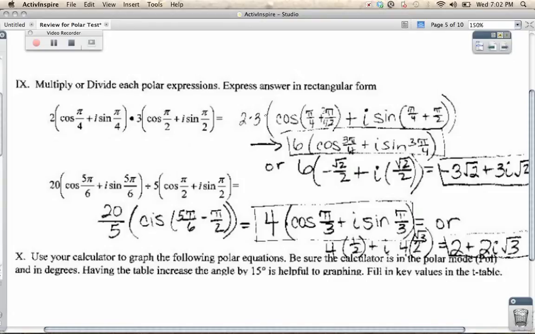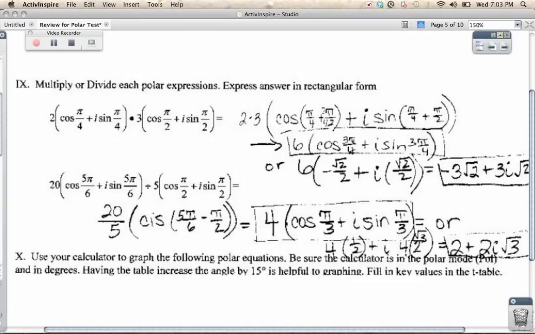So 2 times 3 is 6. Pi over 4 plus pi over 2 is 3 pi over 4. So therefore, cosine of 3 pi over 4 and sine of 3 pi over 4. Okay, now evaluate. If you gave me this answer, I would accept it. However, if you want to keep going, giving your answer in rectangular form, then you could evaluate cosine of